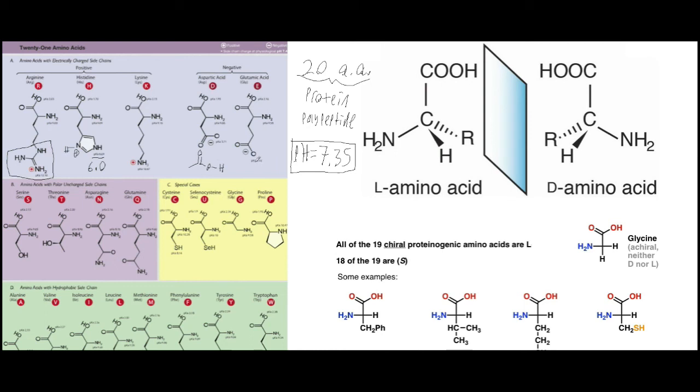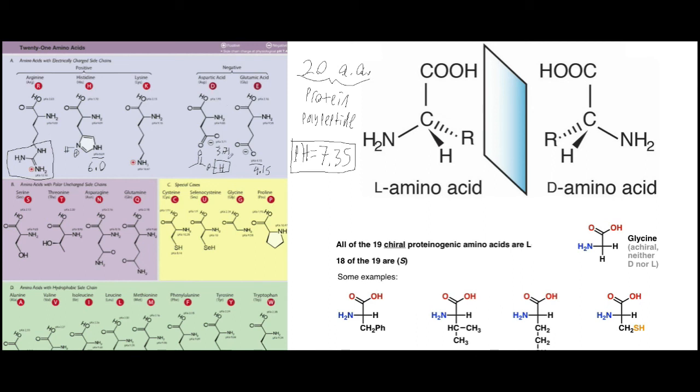But I don't know if you can see on your screen, these have a pKa. This one says 3.71. This says 4.15, I think. So those pKa's are getting a little bit lower, so this hydrogen will most likely be off,